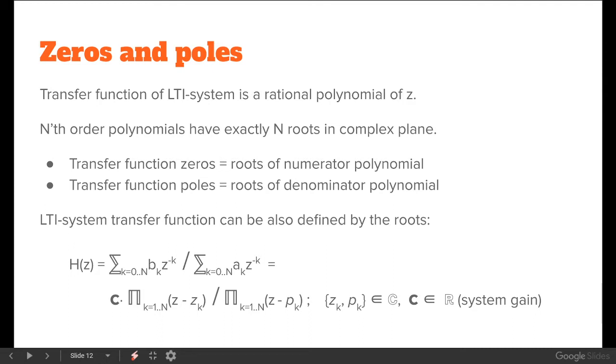Zeros are where the transfer function goes to 0, when the numerator polynomial goes to 0. The transfer function goes haywire when the denominator polynomial goes to 0. It's not defined at those places. So you can calculate the roots, and after you have calculated the roots, zeros and poles, then you can have the product form of this